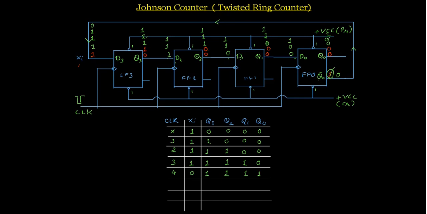So if you look at this, at every negative edge, this one is going to be transferred. This one is transferred here. Then with the second negative edge, 1 will be transferred to Q2. At the third negative edge, it is transferred to Q1, and here it is transferred to Q0. So you see this high bit is going to be transferred from one SIPO register stage to another. Now when the fifth clock pulse appears,